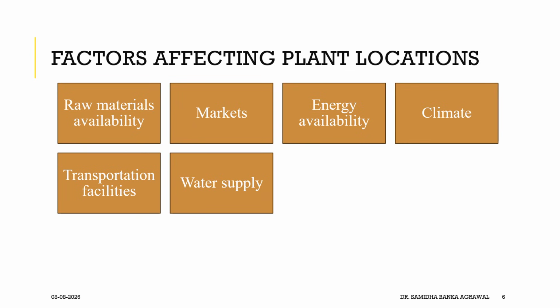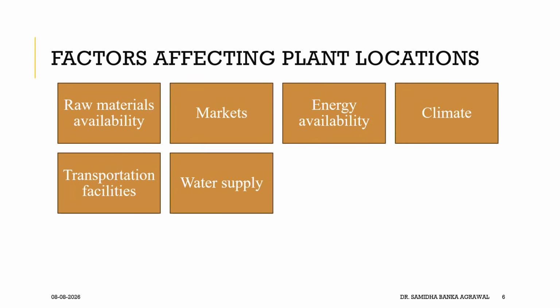Similarly, market. You are not going to produce something in Gujarat which is not being sold in Gujarat. You will produce only those things in Gujarat which you can sell over here, or for which you can at least have good transportation from here. Now, in terms of energy availability, water supply, and other factors, we have industrial estates available,